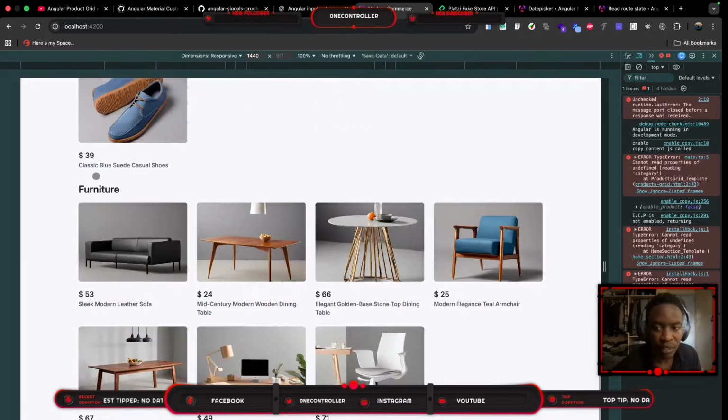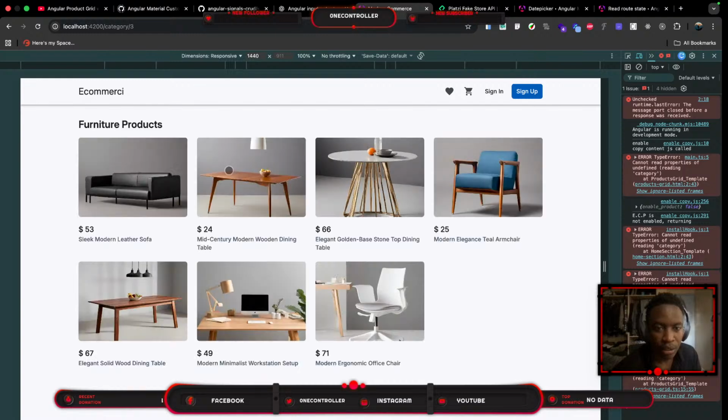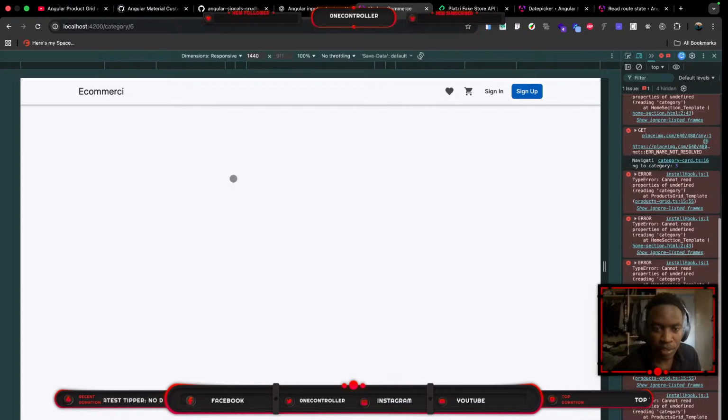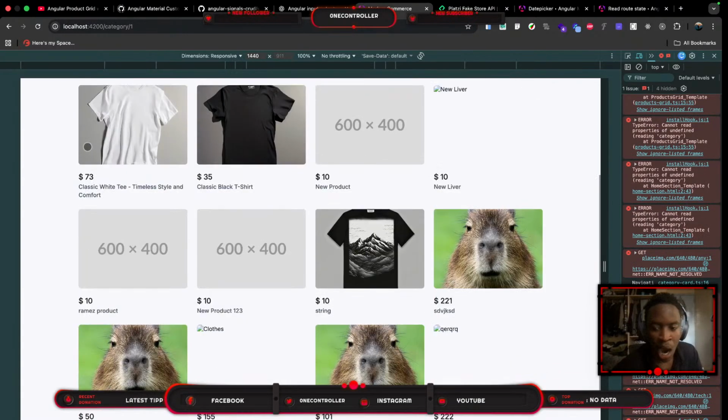Yeah, the API call takes quite some time, so I should probably add loaders and stuff. So if it works for one, it's gonna work for the others. That's how category, it doesn't have anything. So clothes, yeah, we have some clothes. I should have probably